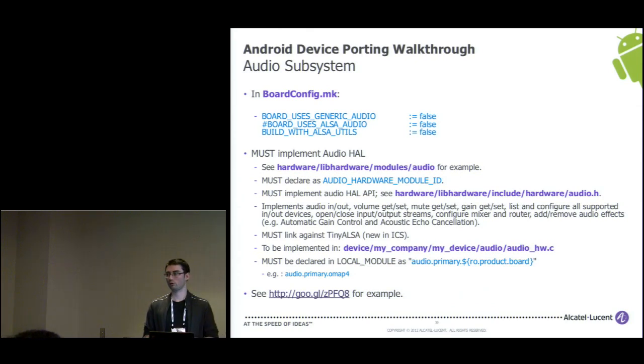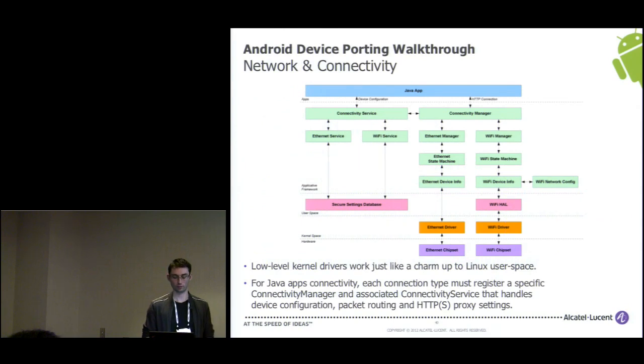Your new audio library is, again, one SO file that is using a dlopen, so if you link with the old library, which is no longer there, the file will still compile, but at runtime you will get no audio at all. So just take care to link it against the new Tiny ALSA library and to make sure to modify the right thing. I've put some examples from Linaro, for example, of the implementation of the audio HAL for OMAP4, if you want. So just have a look at this.